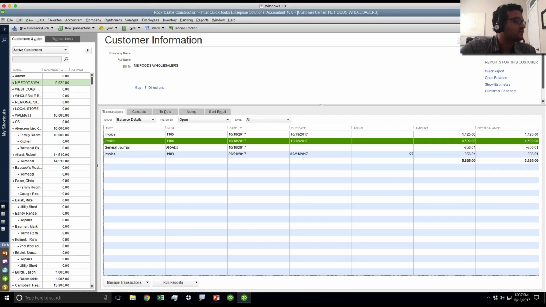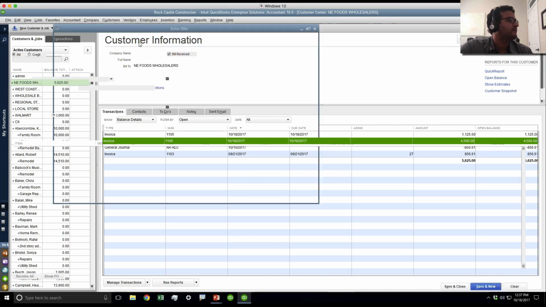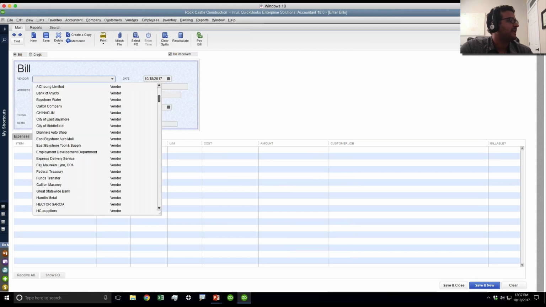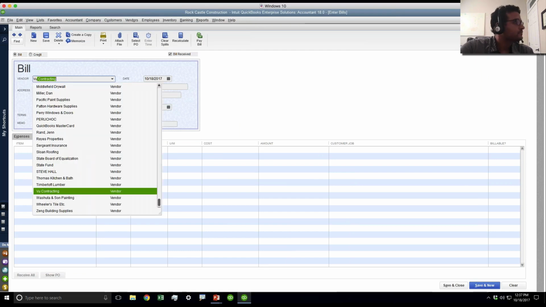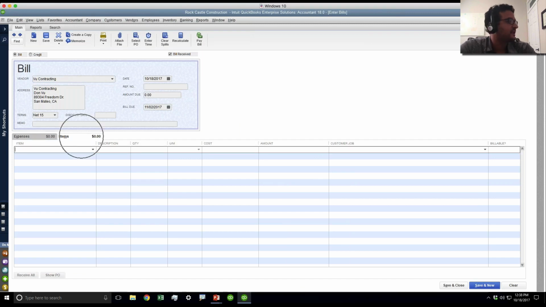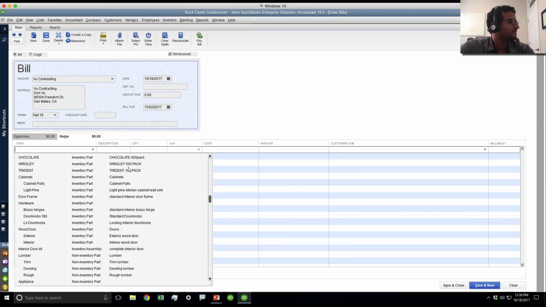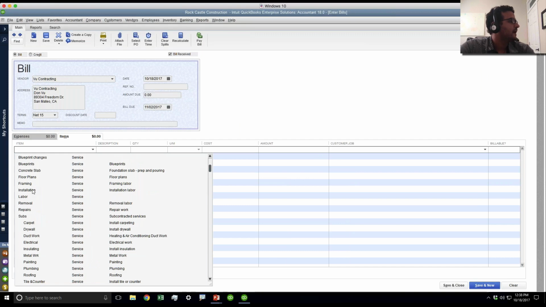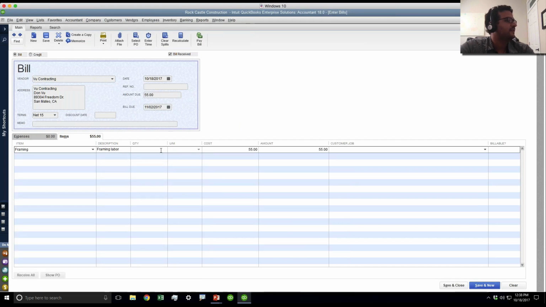Okay. All right. So let's work with items instead. Let me go into my vendors. I'm going to go to enter bill. I'll pick my same contractor, VU Contracting, and then I'm going to pick an item instead of an expense. Let's say I'm going to do this framing item, and let's say they worked 8 hours for, let's say, $40,